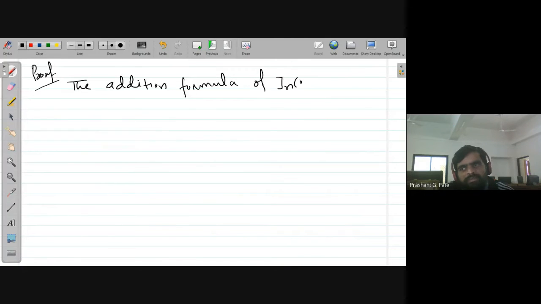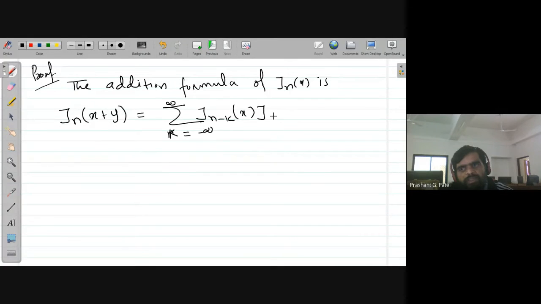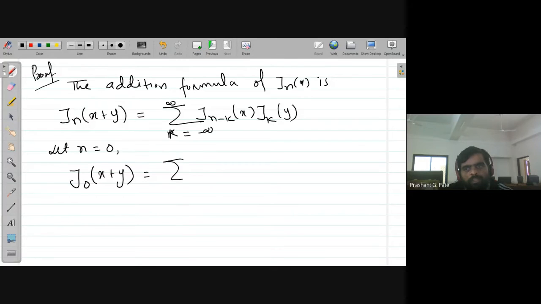The addition formula of Jn: Jn at x plus y is equal to the summation, k running from minus infinity to plus infinity, of J(n minus k) x times Jk y. Now here n equal to 0, so we can put n equal to 0. So J0 at x plus y gives you the summation, k running from minus infinity to plus infinity, of J minus k at x and Jk at y. This is what we have, and I can separate this